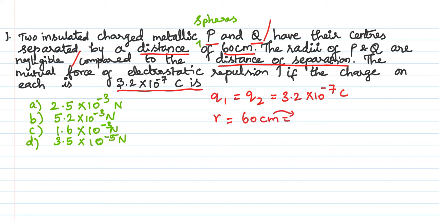Always we need to convert this into meter. So how to convert that? We can directly write this as what? 60 into 10 to the power of minus 2 meter, or for your convenience, you can write this as 0.6 meter. It is up to you. So in either way you can write and work out. Final answer is important for us. Okay. So in either way you can say. That is up to you. I am leaving it in your hands only.